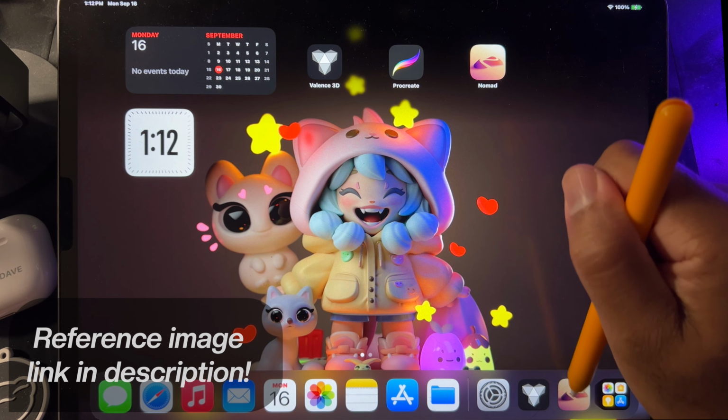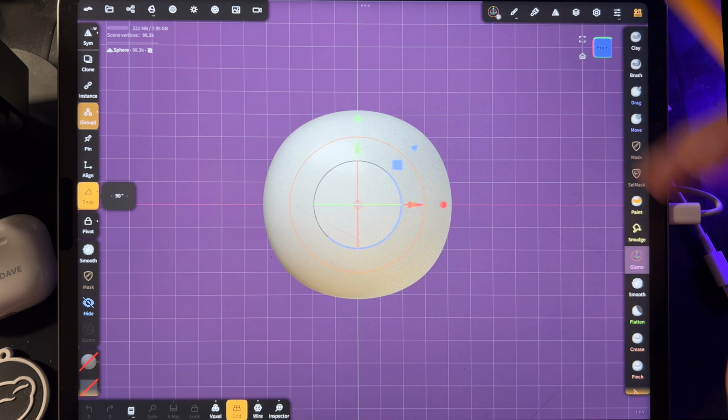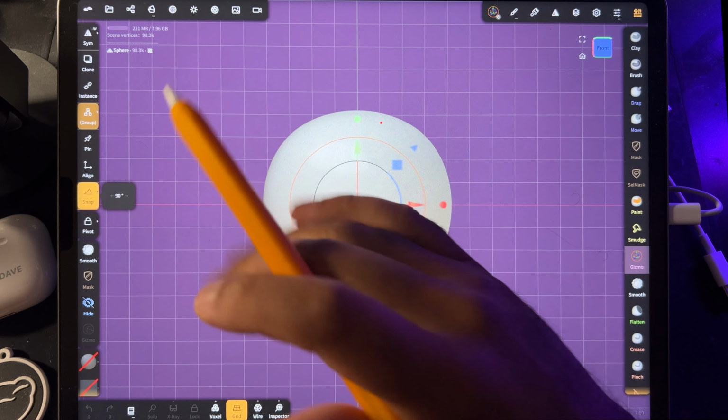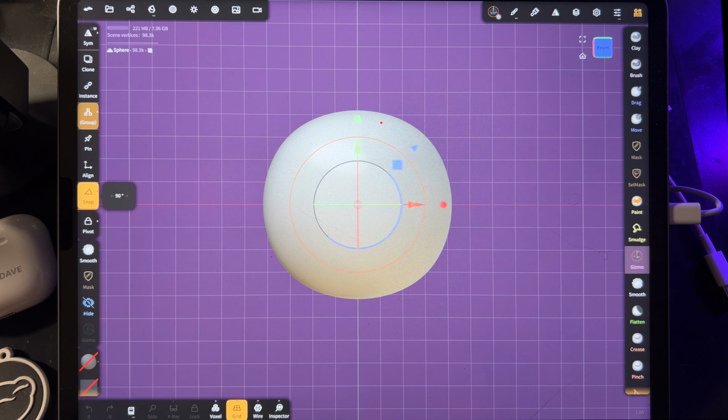So let's go ahead and open up Nomad Sculpt. Okay, so you'll see your default sphere here. You should have a grid. You'll see the red line going across and the green line going down. And if you don't see the grid down here,